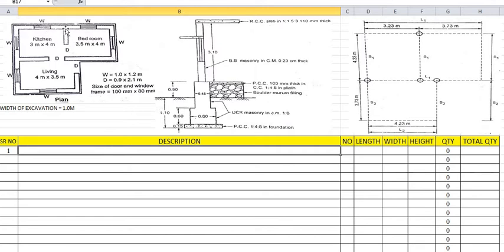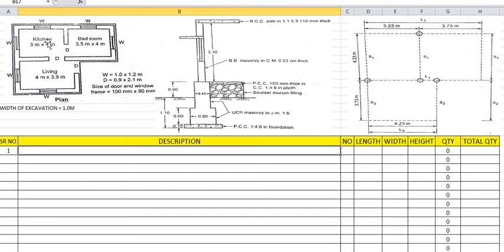3.23 we have calculated, that is 3.5 plus 0.23. Again we have calculated along this width direction 4 plus 0.23. Again we have calculated along this living room width direction, that is 3.5, so 3.5 plus 0.23. Again this living room, what is the inner to inner width of the living room? That is 4 meters. So 4 plus 0.23, with 0.23 half on the left side and half on the right side, the complete width is 0.23. So 4 plus 0.23 is nothing but 4.23. So here it has been mentioned as 4.23.